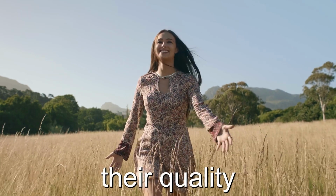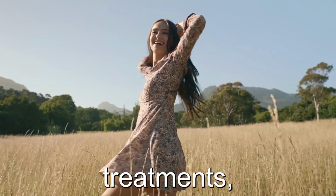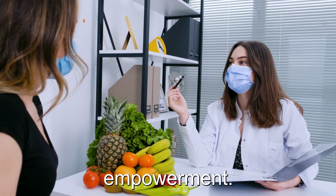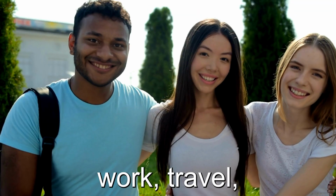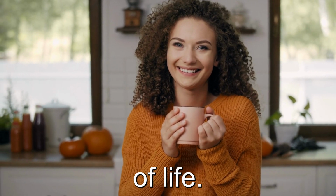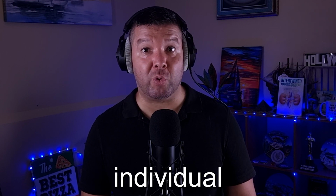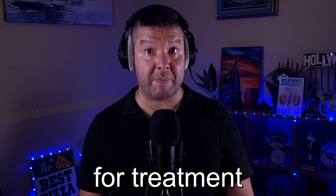It enhances their quality of life by reducing the constraints imposed by in-center treatments, offering more dietary freedom and fostering a sense of empowerment. Patients on home hemodialysis can engage in work, travel, and social activities with less disruption, ultimately contributing to an improved quality of life. The choice between these two forms of hemodialysis depends on individual circumstances, eligibility, and the patient's preferences for treatment and